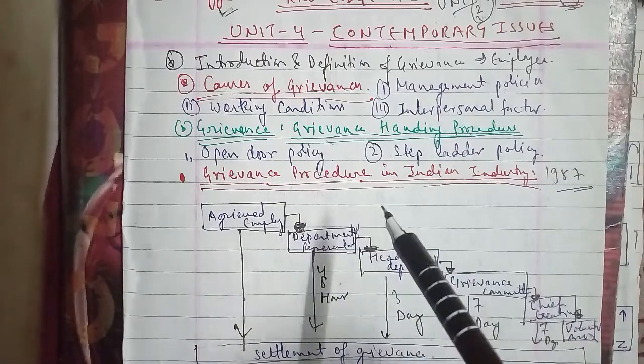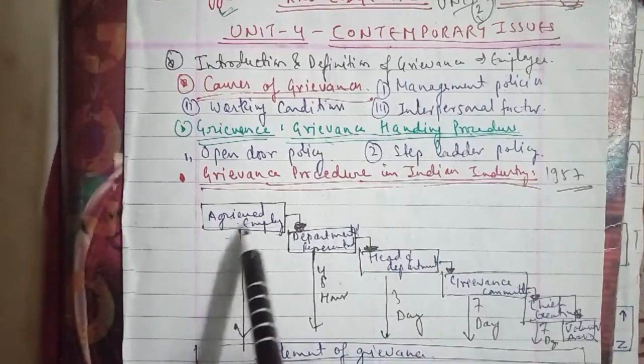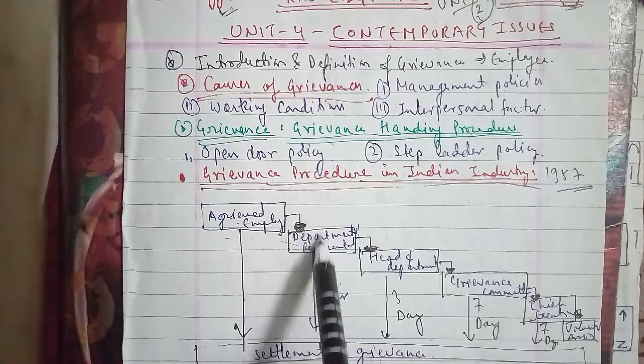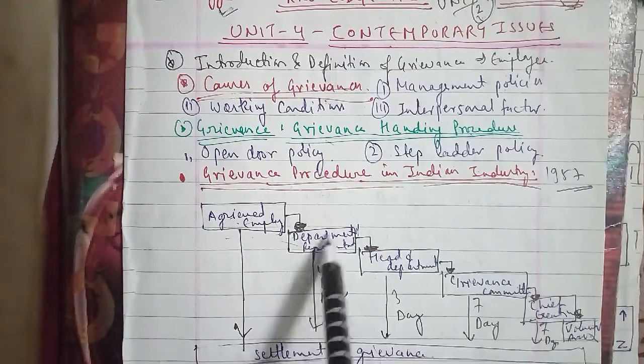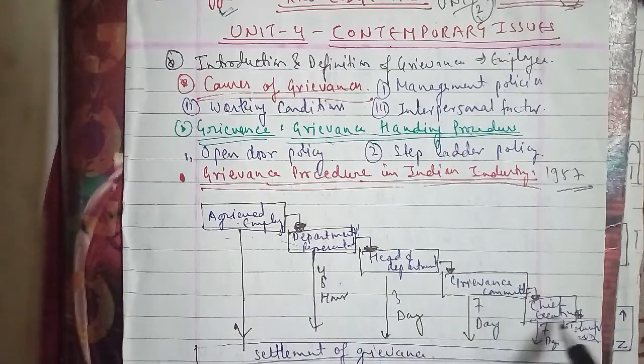The head of the department has to give the answer within 3 days, and the grievances committee has to answer within 7 days, and the chief executive has to answer within 7 days here. So these were the process steps. Under normal circumstances, the time frame referred to for the hearing